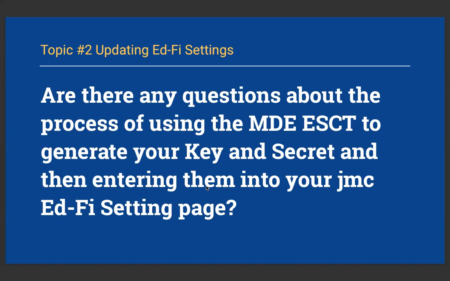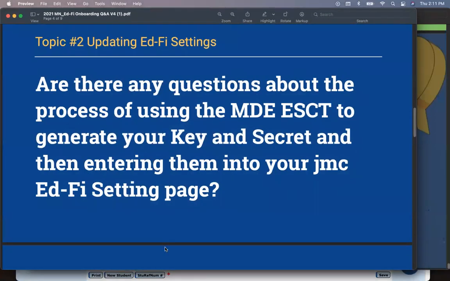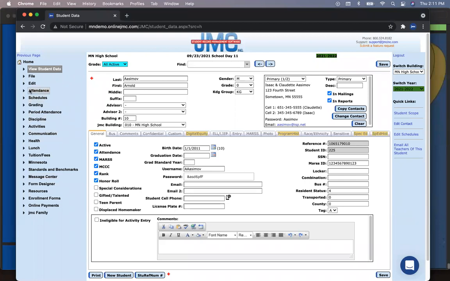Question number 2. Are there any questions about the process of using the MDE ECST to generate your key and secret and then entering them into your Ed-Fi settings page? If you have a question now, you sure can ask. While I'm waiting, I'll just show you again. You'll go to that ECST tool and get your key and secret. Then you'll go to File,